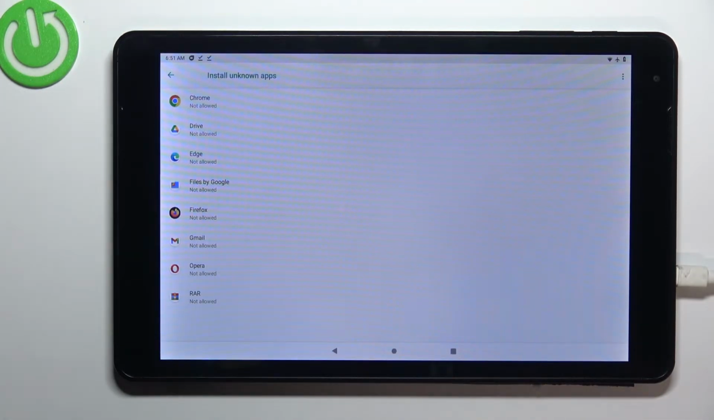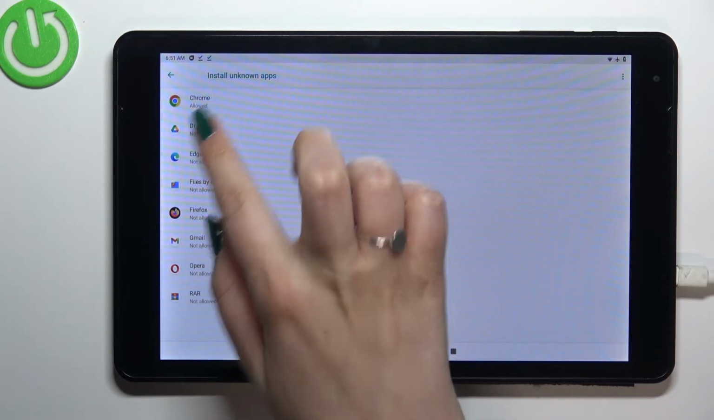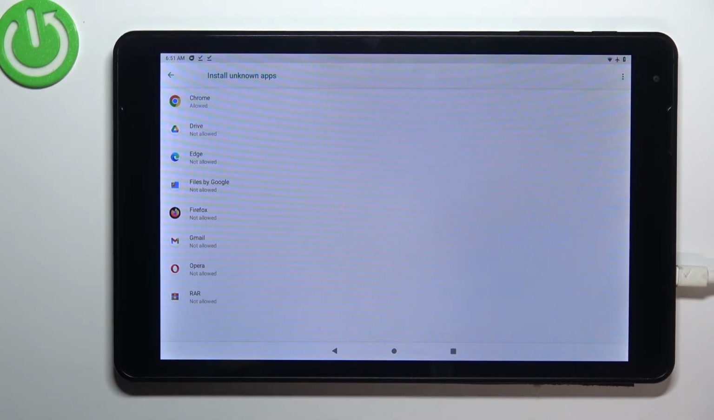And as you can see, this is the list of apps which are allowed or not allowed, and just like in my case, to install some content. Of course, you can change it. If you'd like to, for example, allow Chrome to install something, just tap on it and tap on the switcher here. Now we can go back, and as you can see, from now on, the Chrome is allowed to install